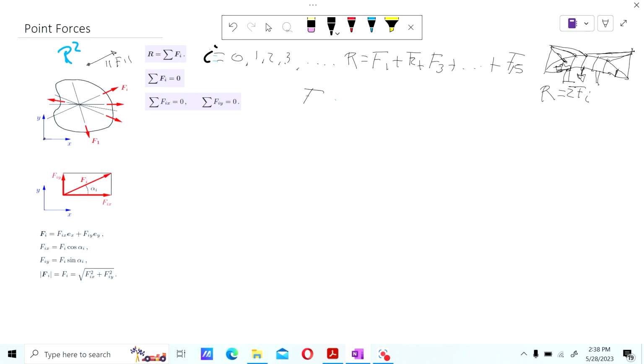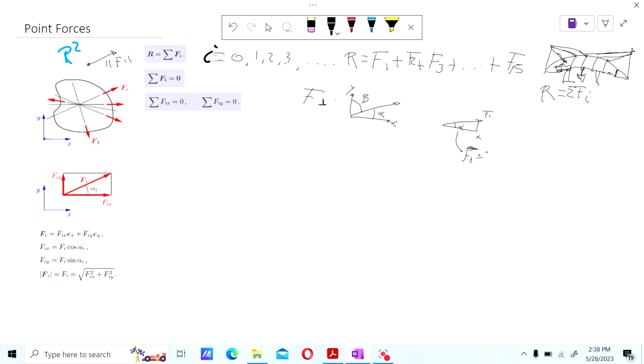So Fi, say F1, in this case, let's say F1, in x and y. This applies for every force. It has an angle alpha with respect to x and an angle beta with respect to y. But for simplicity, we usually just use a trigonometry law where we say that F1 has this component in x and this component in y, in alpha. So this right here is going to be F1, the magnitude F1